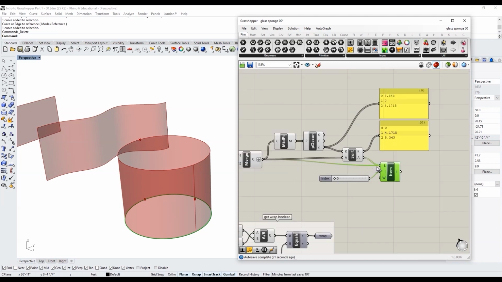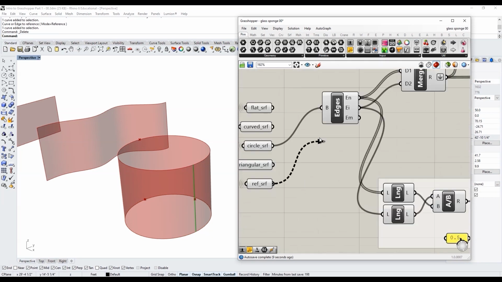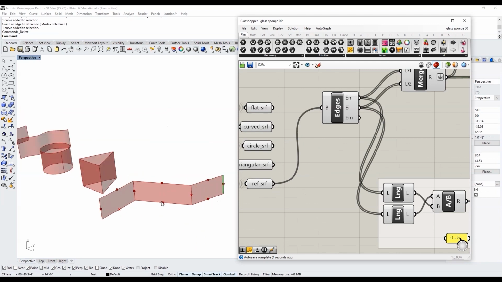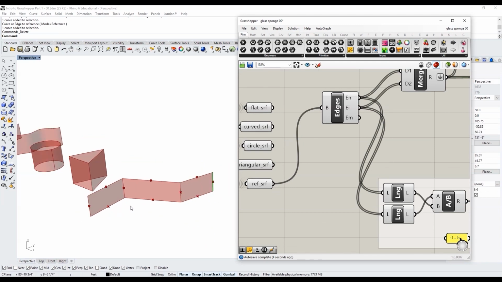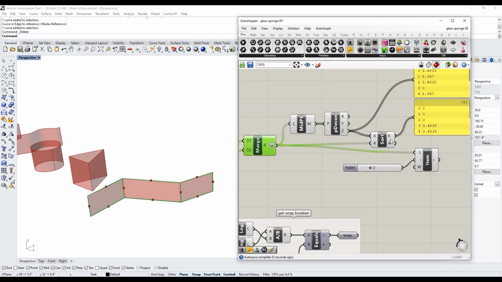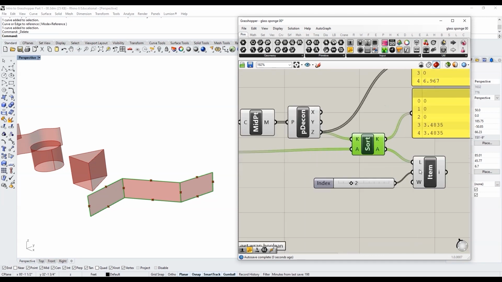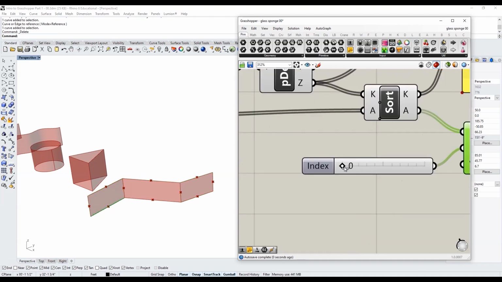Whereas if we were going to plug this list in, index 0 is on top, index 1 is the bottom curve, and index 2 is the middle one. So let's plug in the reference surface as an example. So we have midpoints for all of the different curves, and then we sorted this list of curves according to each of their z values. And when we plug this in, we can see index 0 and index 1 and index 2,